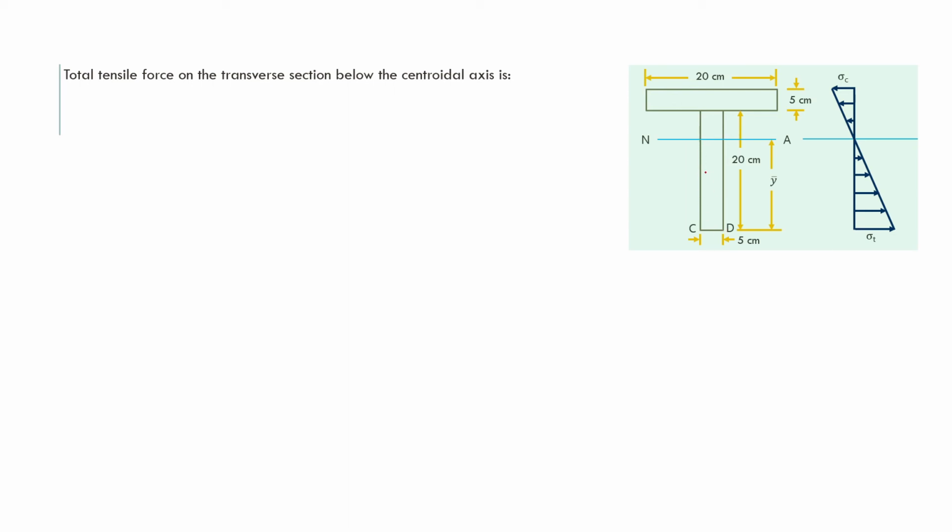So for that let us consider a small elementary area, this one, which is lying at a distance of y from the neutral axis having a thickness of dy and the width is b. So we have the expression that tensile force will be equal to sigma t by y bar sigma y dA. Now dA means b into dy. B is the width and dy is the thickness, so b into dy is the area. Now this is the expression we are using to find out the tensile force.